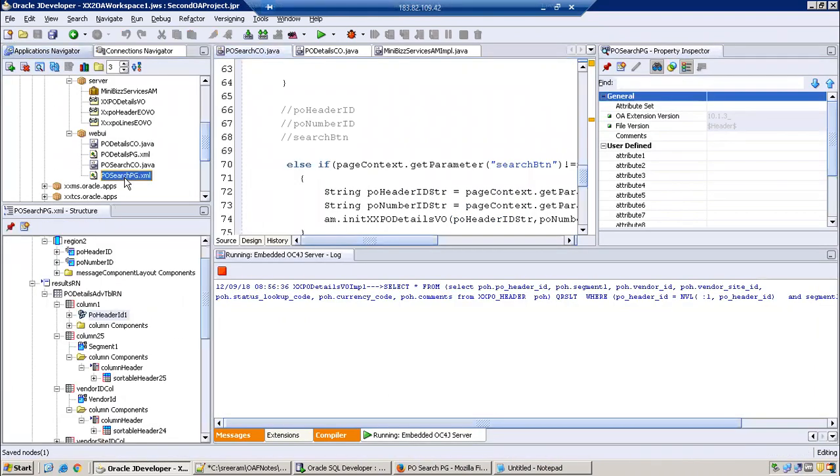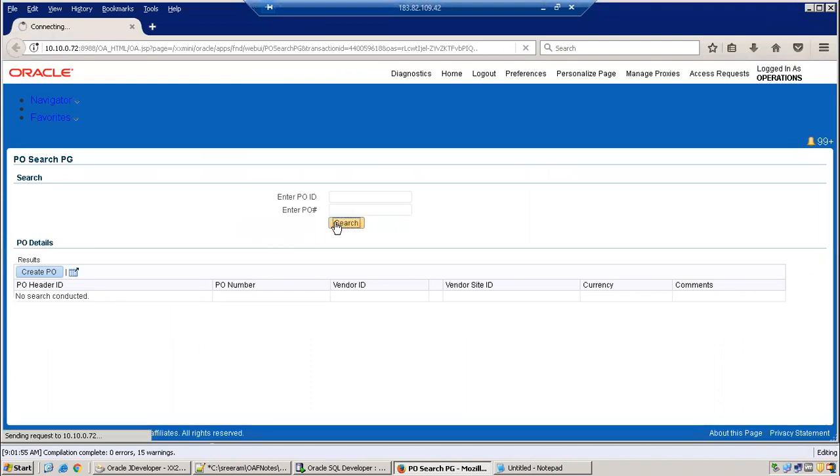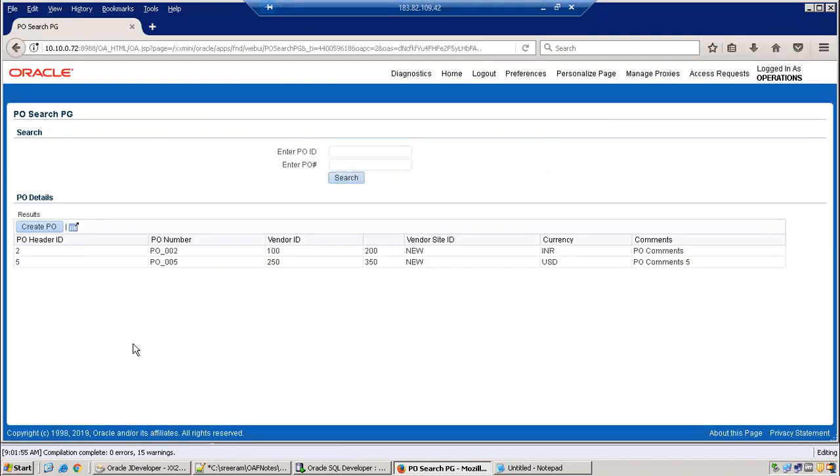Now just run the page this time. If we are able to capture the header ID, then we can implement the remaining functionality. So always do only partial functionality at a time, else it will screw up everything. It becomes complex to debug. That is why we have to implement the functionalities very, very minimal, step by step. First, validate whether it is a hyperlink or not. Yes, it is a hyperlink. First functionality is achieved.